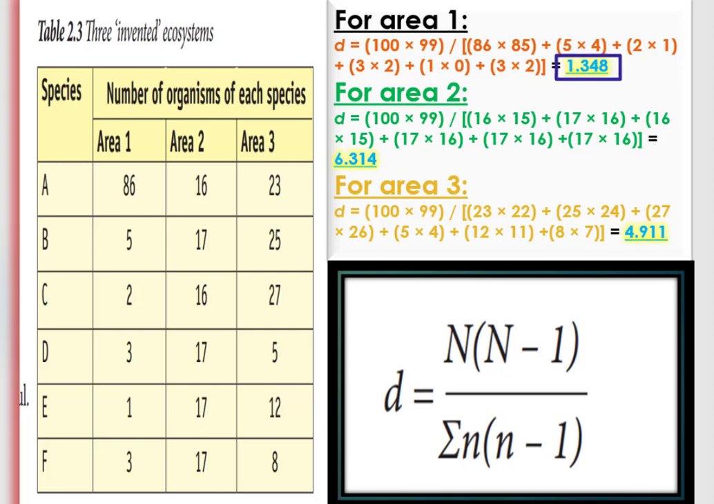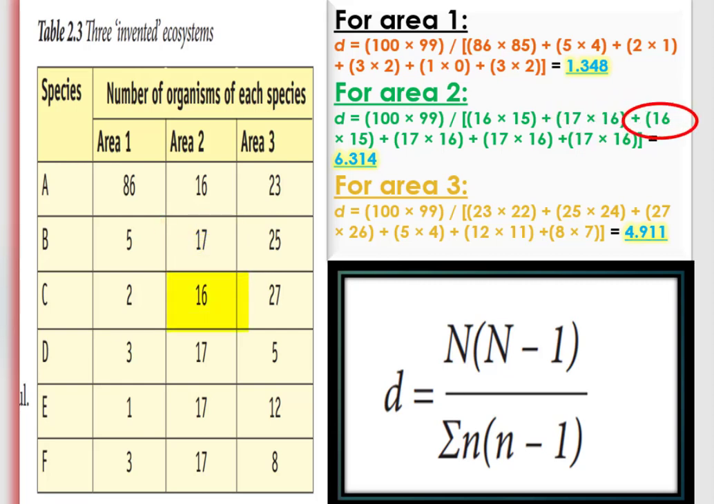That means the index of diversity in ecosystem 1 is 1.348. And the index of biodiversity in ecosystem 2, or area 2, D, is equal to the number of organisms, 100, times 100 minus 1, which is 99, divided by the number of individuals of species A, which is 16, 16 times 16 minus 1, which is 15, plus the number of individuals of species B, which is 17, 17 times 17 minus 1,